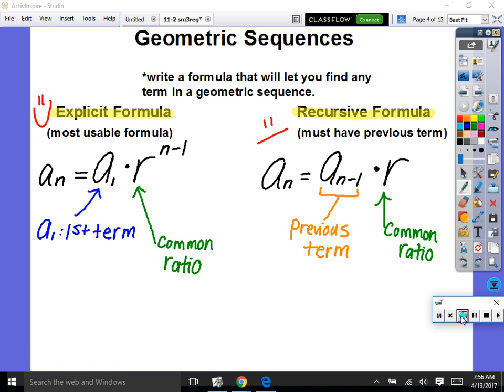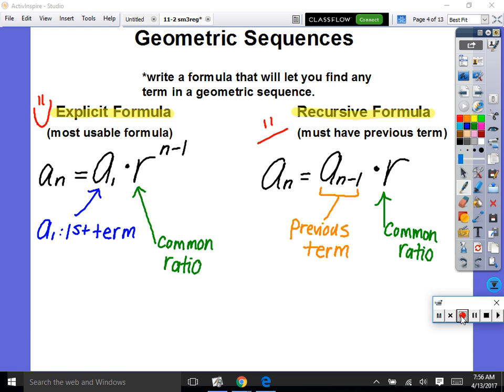What are you doing to get from one term to the next? Well, we take the previous term and we multiply it by 2 every time. It's very straightforward. It's just not as usable to find any term in the sequence. So that's why I didn't put a frowny face, because it's not a bad thing. It's just kind of like